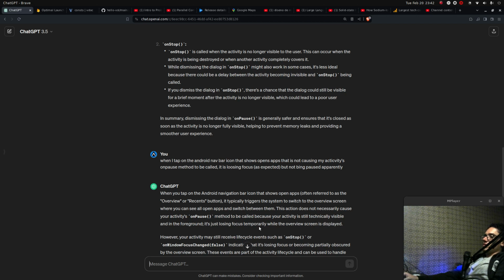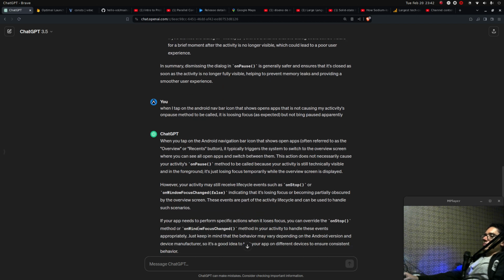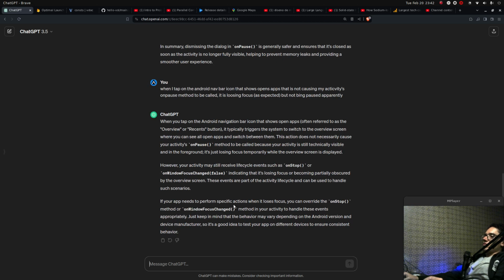It's just losing focus temporarily while the overview screen is displayed. However, your activity may still receive lifecycle events such as onStop or onWindowFocusChanged, indicating that it's losing focus or becoming partially obscured by the overview screen. These events are part of the activity lifecycle and can be used to handle such scenarios. If your app needs to perform specific actions when it loses focus, you can override the onStop method or the